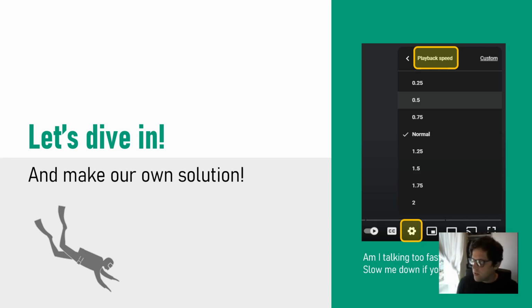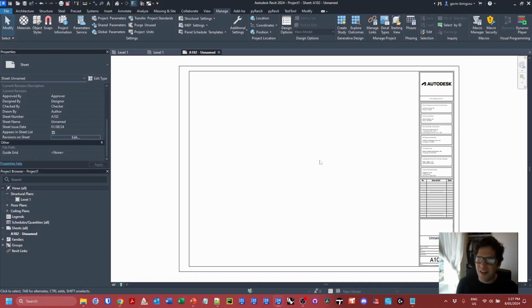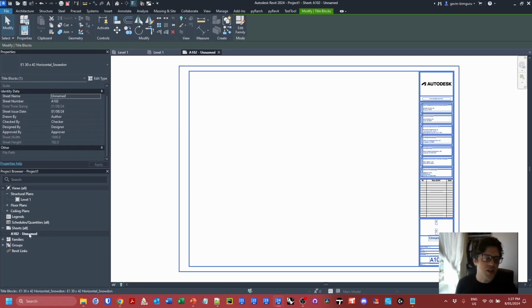Okay, so I'm just going to switch over, once I find my mouse, to Revit. I'm just going to be working in an empty model, nothing special, no strings attached. I've just loaded in a title block on a sheet. You will need at least one sheet with a title block on it, and we're going to reference this sheet and get its title block to use for the other sheets, rather than having to pick it from a big